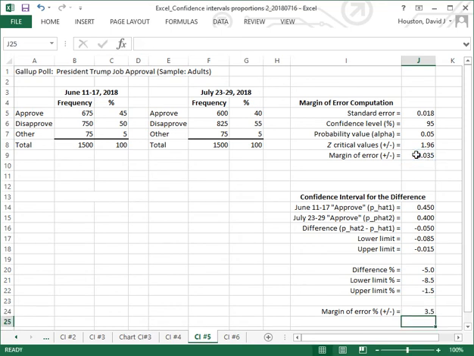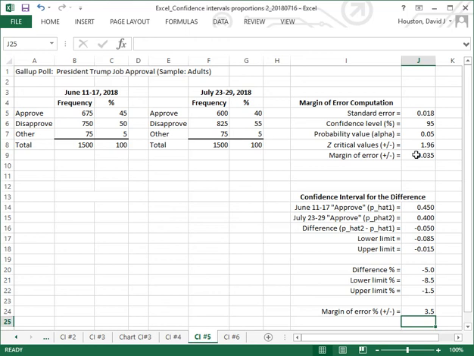Now we have the information in percentage form, and this indicates that while we saw between these two samples a 5 percentage point drop in job approval from June to July, these 2 weeks, the confidence interval constructed around that sample estimate, or that sample difference, indicates that it's likely, using the 95% confidence level, that these two samples came from populations where there actually is